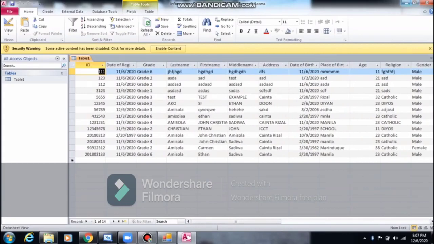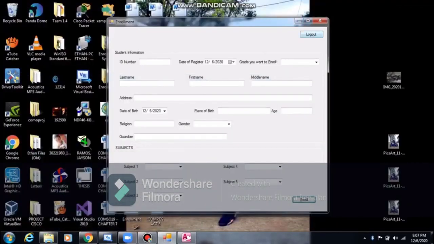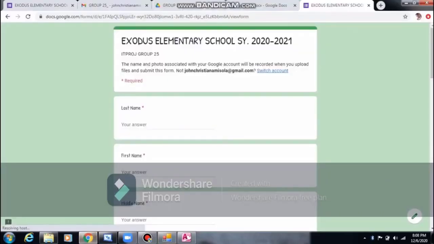Tapos para po makuha naman po yung mismong information na kakailanganin ng employee para makapag-enroll ng student, gumamit po kami ng Google Form. Example, pilapan ko lang ito.